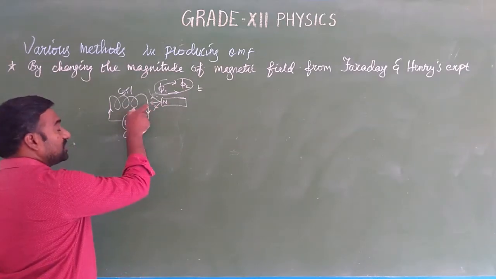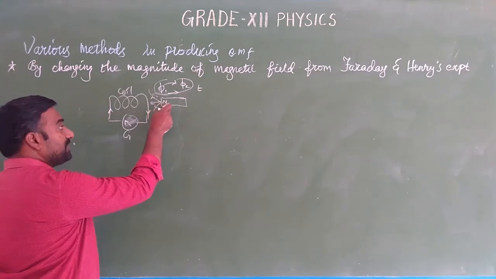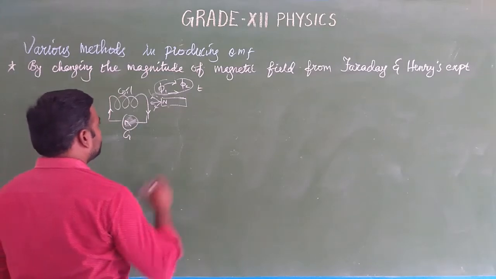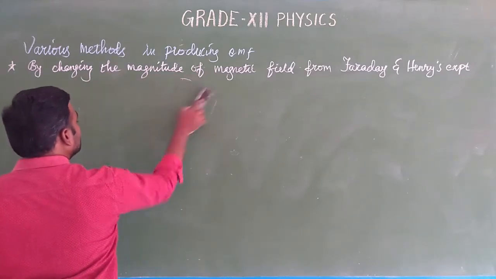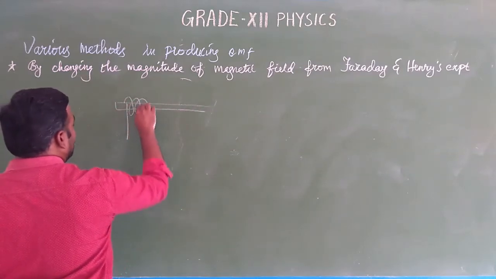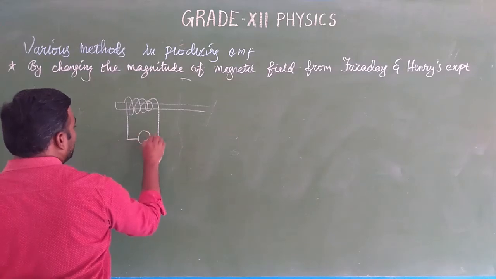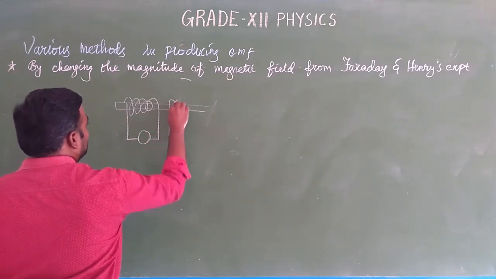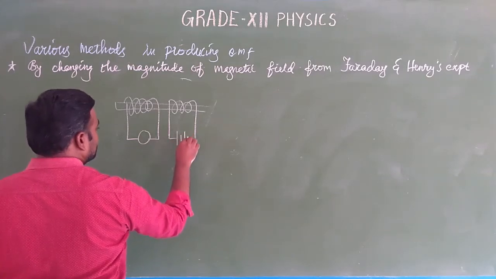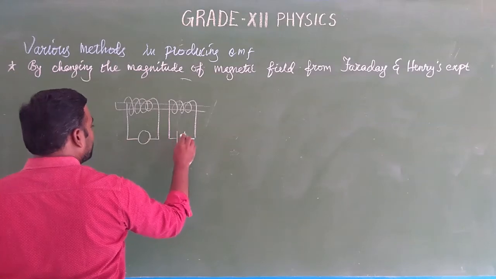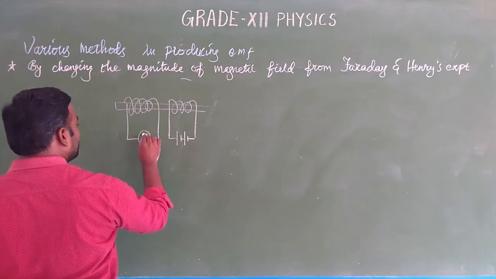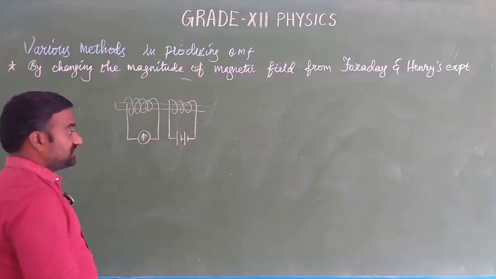Whenever the magnetic flux linked with the coil changes due to the relative motion between the magnet and the coil, an EMF is induced. Then the second experiment: take a long insulating frame. On one side is a coil with a high number of turns, connected to the galvanometer as usual. Near that, another small coil is connected to the battery. When the battery is switched on, immediately the galvanometer deflects to one side and comes to zero. This is the momentary deflection.